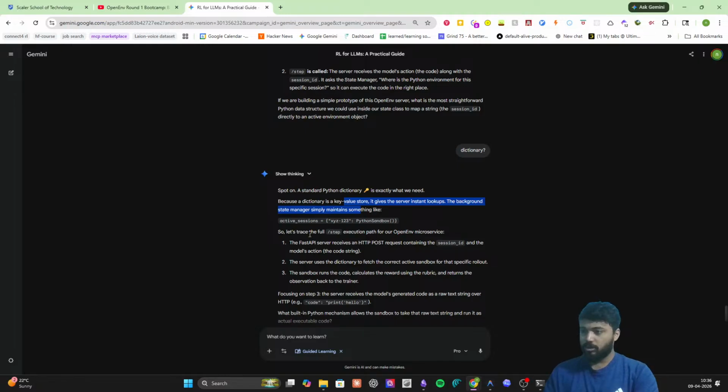Okay, so let's trace the full step execution path for our OpenEnv microservice. A FastAPI request arrives containing the session ID and the proposed action. The server uses the dictionary to fetch the correct active sandbox for that specific rollout. The sandbox runs the code, calculates the reward, and